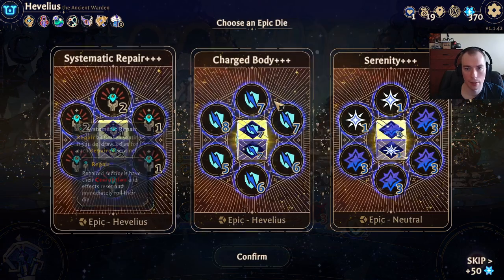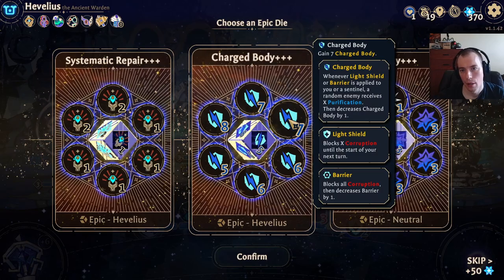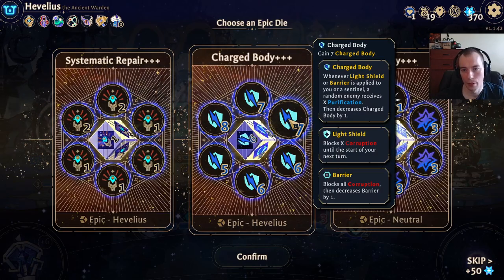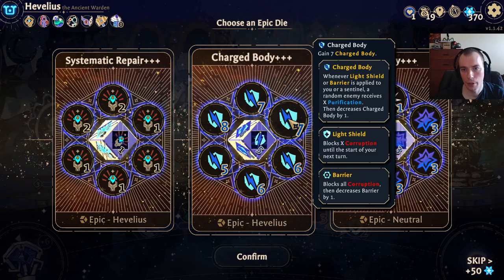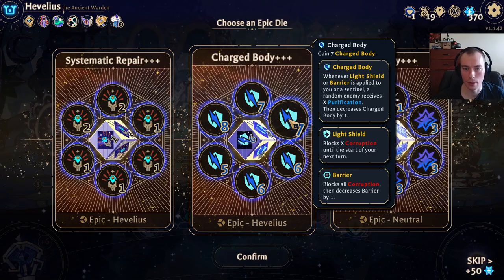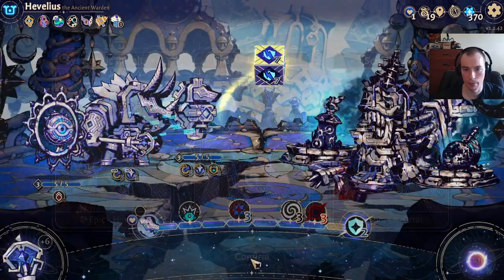Charged Body, Systematic Repair, and Serenity. So, whenever Light Shield or Barrier, interesting, is applied to you or a Sentinel, a random enemy receives X Purification. That actually seems fine. I apply that a lot, and that's big numbers, so...